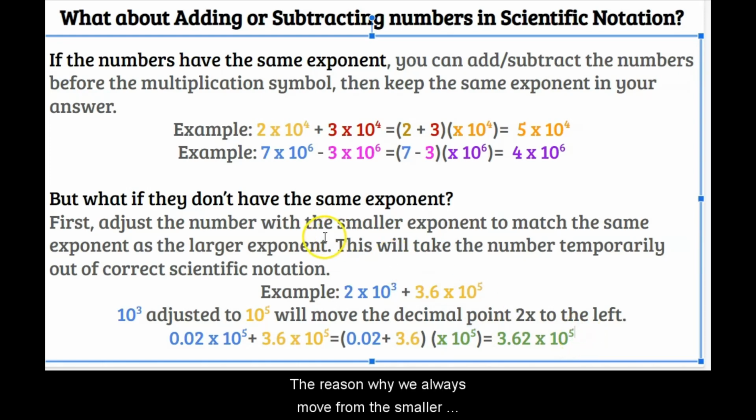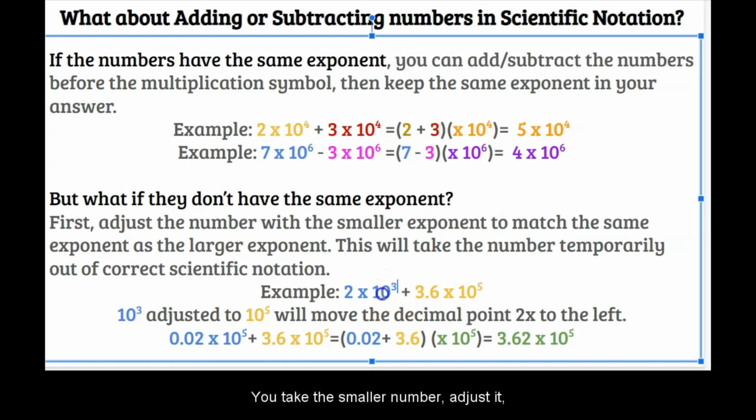The reason why we always move from the smaller exponent to the larger exponent is because usually this will mean that we don't have to do another adjustment at the end to put this into correct scientific notation format. Most likely, the final answer is still going to be in the same exponent as the larger number most of the time. So, you take the smaller number, even if this here was a 15, this would still be a smaller number because of the exponent being smaller. You take the smaller number, adjust it to be the same exponent as the bigger number,